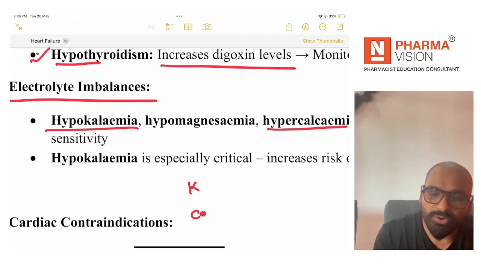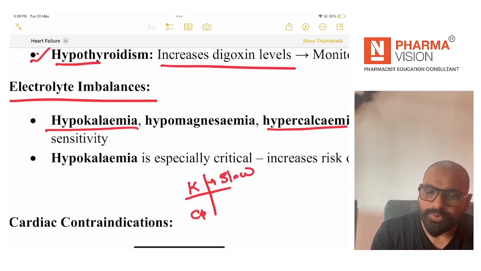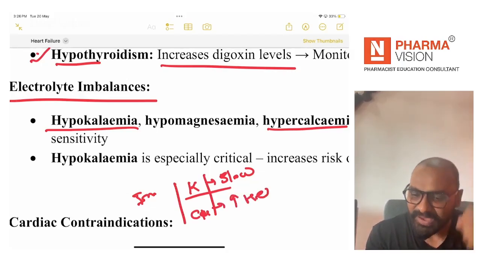Potassium is making the heart slow, because it is intracellular, and calcium increases the